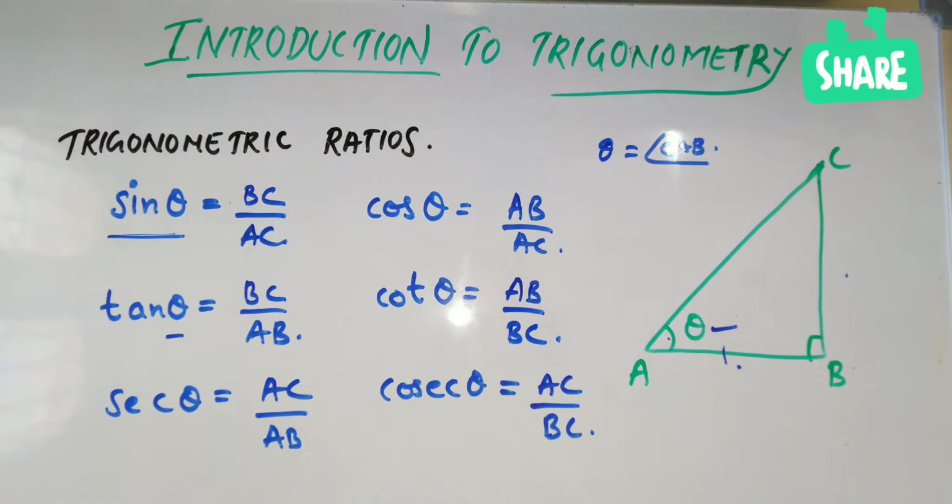These are the things you need to remember. You need to identify them when given a right angle triangle in which theta is this angle. I have taken this angle, but you can take any of the angles and find these out. Okay,